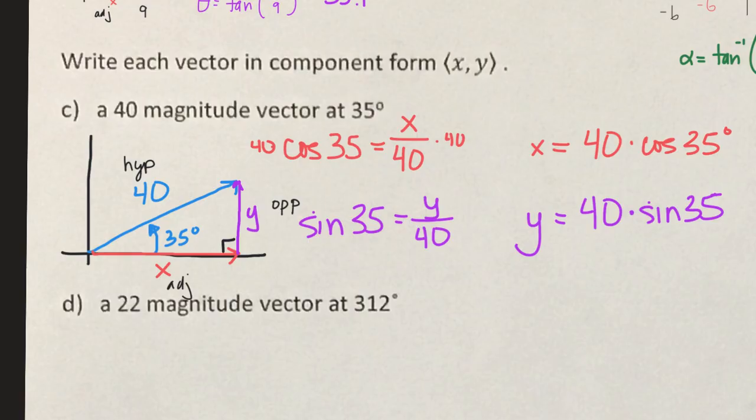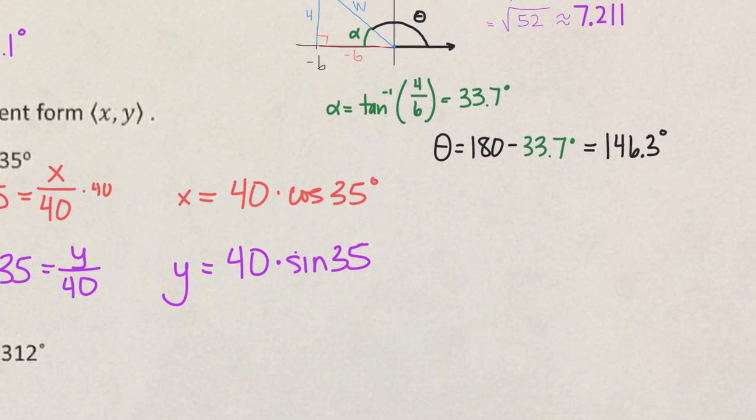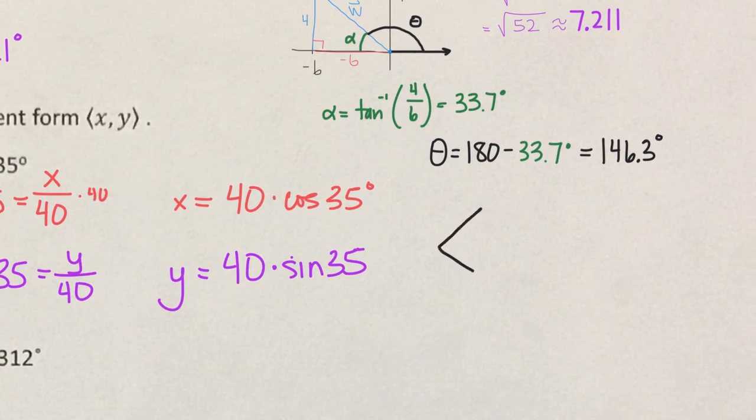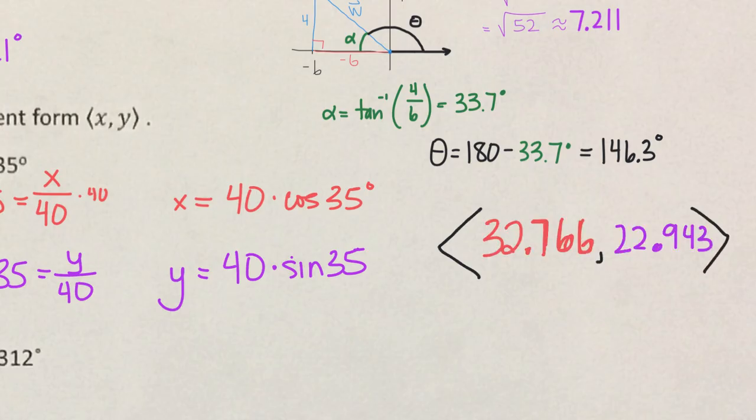And we'll see down there at E and F, that is a very handy way to handle applications, is to change them from magnitude and vectors into components. So let's go to our calculator and let's see what 40 cosine of 35 and 40 sine of 35 happen to be. So these are the two values that we get from our calculator,